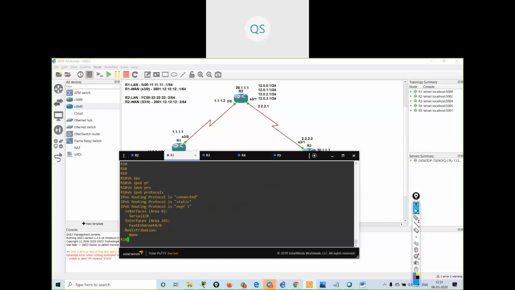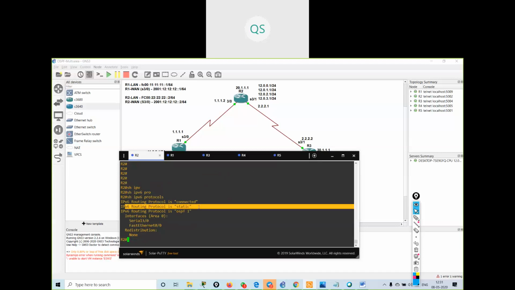See, serial 3/0 is in area 0, and FastEthernet 0/0 is in area 10, and there is no redistribution. If I go on R2 and give show ipv6 protocols, I'm having a static protocol over here. What?